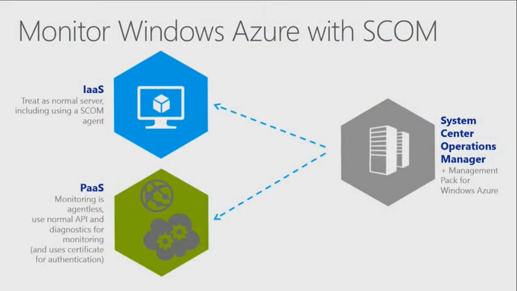For monitoring Windows Azure with System Center Operations Manager, there's really 2 major things to think about. One, again, we're going to keep hitting on this point. Monitoring a VM or infrastructure as a service is really no different than you would monitor any other virtual machine, in which case you probably just want to install the SCOM agent on it so you can get all of that rich information that you need that's already available through System Center Operations Manager. The thing where it gets new is in this PaaS space. We have a management pack for Windows Azure that attaches onto System Center Operations Manager. And what you can do is monitor your PaaS instances as well as some of the things for your fabric